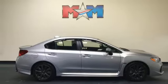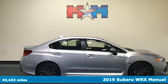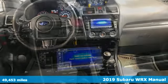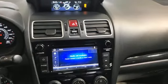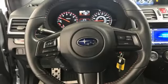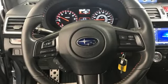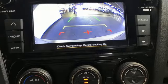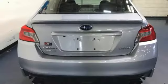Here's a 2019 Subaru WRX. Get sports car handling, a roomy interior, and safety galore in a car that's as exciting as it is practically impressive. It comes nicely equipped with features you'll love: intercooled turbo H4 engine, sport suspension, manual transmission, aluminum wheels, Bluetooth